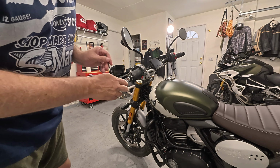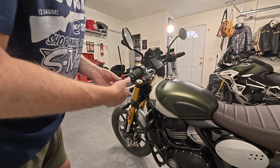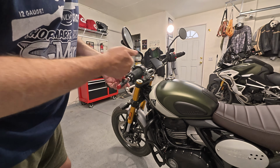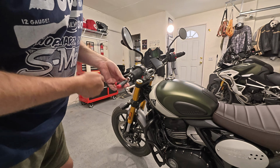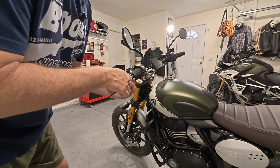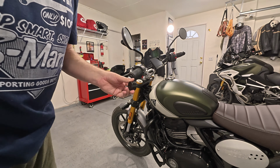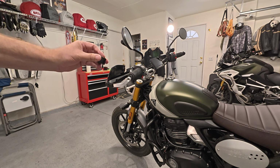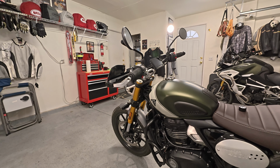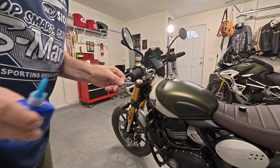All right, first we remove the previous bar end bolt holding the Barkbusters in place, and if there's enough pressure, nope, be careful not to drop the weights, they're already built in. And just set that to the side for a second and put a little dab of thread lock on there,